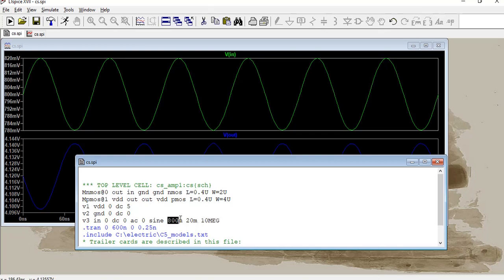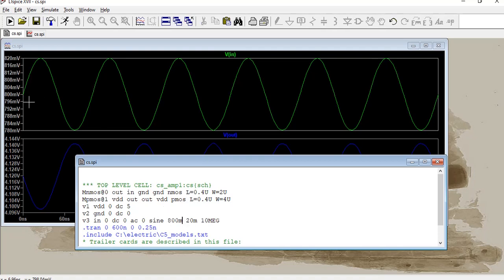So this 800 millivolts indicates you start at 800 millivolts, whereas this 0 indicates the basic nature of the sinusoidal waveform which is going to start from 0 voltage or 0 time unit. So I can even remove this 0, nothing is going to happen, even the output will come as it is. That is only to understand that the basic nature of a sinusoidal waveform is it is going to start from the origin. But we need to understand what exactly this 800 milli means. So this is 800 millivolt.